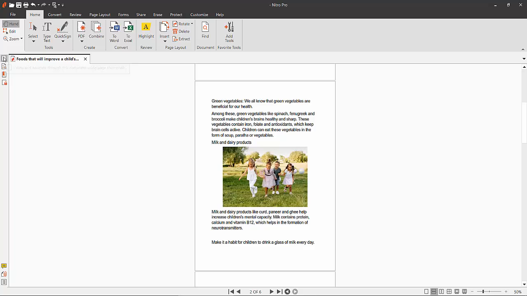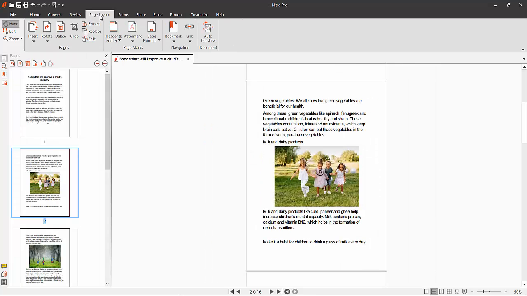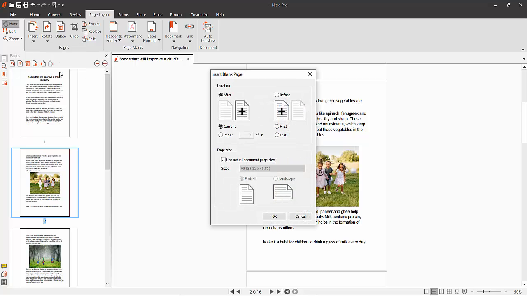Now click on this page thumbnail option, and here you will find this page layout option. Click here, and here also you will find this insert option. Click here and select insert blank page and select this blank page,